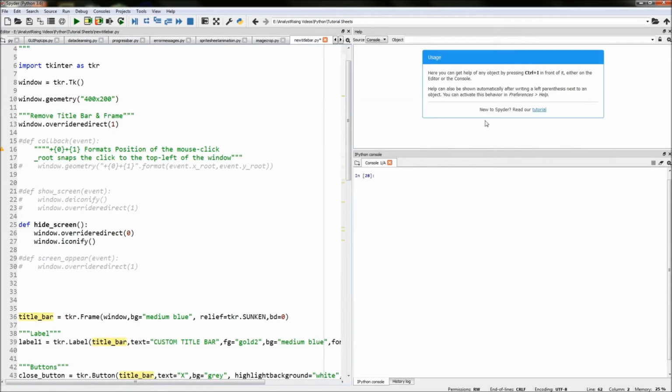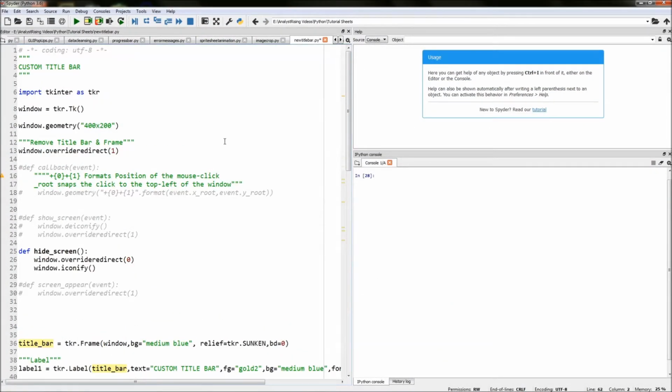Hello and welcome to the second part of creating your very own customized title bar. If you haven't seen part 1, then I recommend you do so, as I'll be ploughing straight on ahead from where we left off. And where we left off last time was that we had managed to get rid of the old title bar and we had successfully created a new title bar with a close button, a minimize